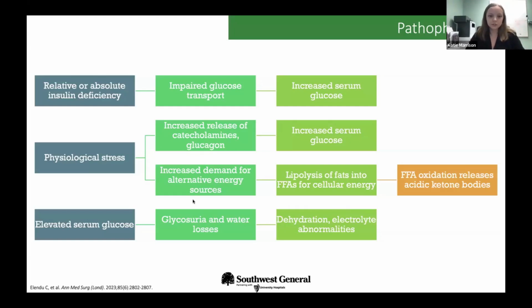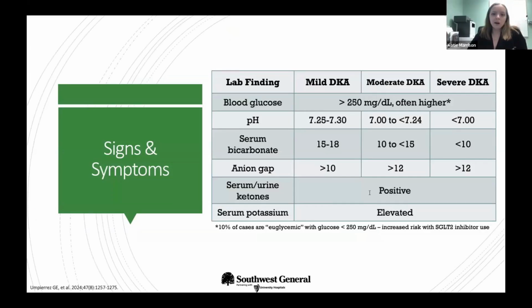in DKA patients. Mild, moderate, and severe DKA are differentiated based on the anion gap, the bicarb, and the pH. So typically blood glucose in these patients is going to be higher than 250, often much higher. However, about 10% of cases are considered euglycemic with glucoses less than 250. That does tend to be associated with SGLT2 inhibitor use. So that's something to pay attention to if it's on their medical history, if this is something you might be